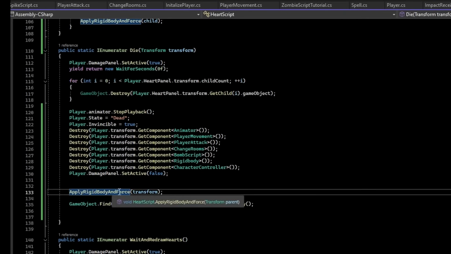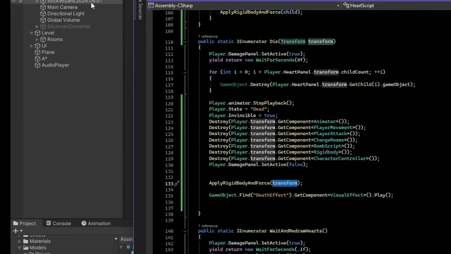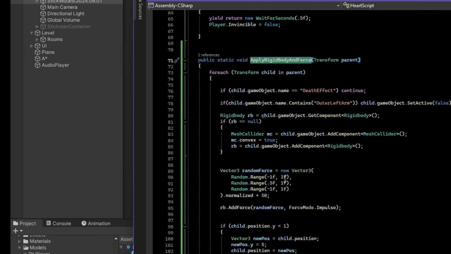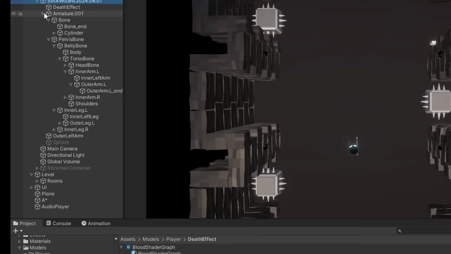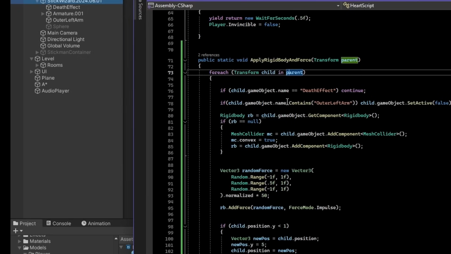This is what makes your character blow up into pieces. So it's a recursive method that takes the transform, which is your player, right? So this is the transform here. And it recursively goes through all the objects, adds a rigid body, adds a mesh collider, and makes all of the objects fall into pieces. So let's just go through it. So for each child of this parent, so for each item inside of this stick wizard item, it